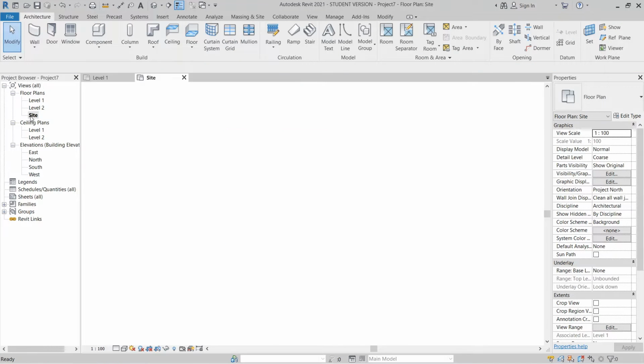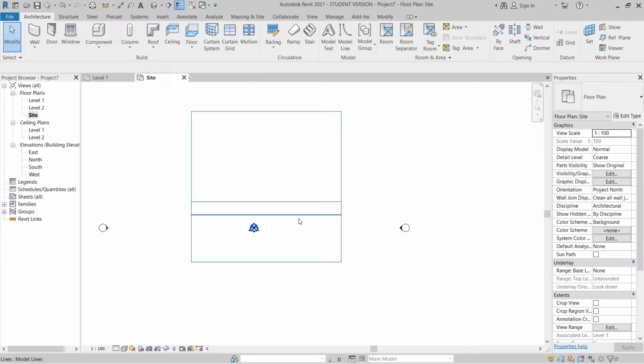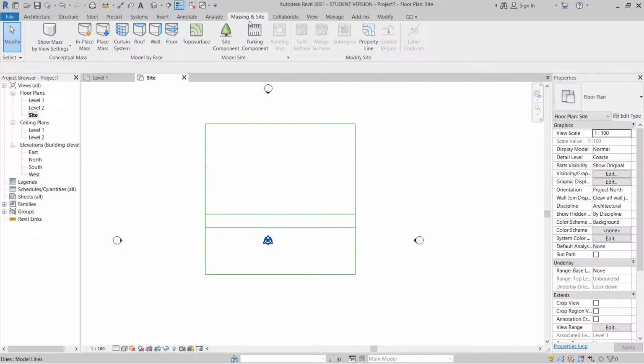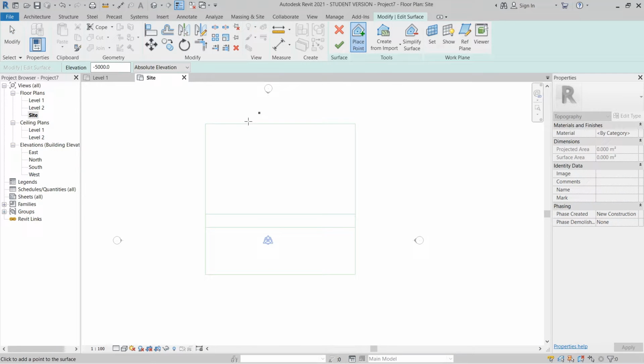Go to my site plan here. You must go to your site plan because Revit allows us to show our topo surface points on the site plan only. You don't need to edit your view range. So I just go to Massing and Site, go to Toposurface, and place my points here. For the first round I just give it elevation 0, just like this one. I think 4 points is enough because it's flat. And for the second, I just make it minus 5 meters. Start from here until here, until here, and here and here as well. Hit escape a couple of times.